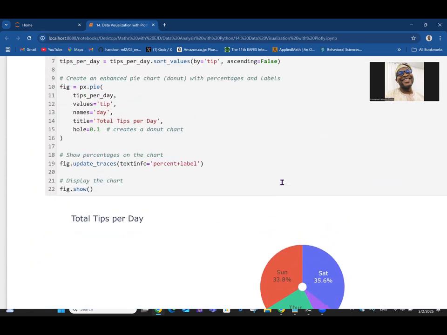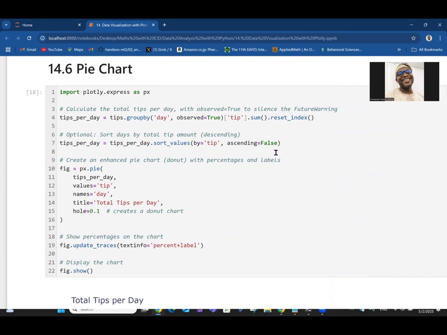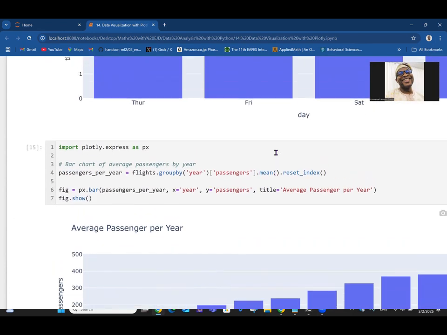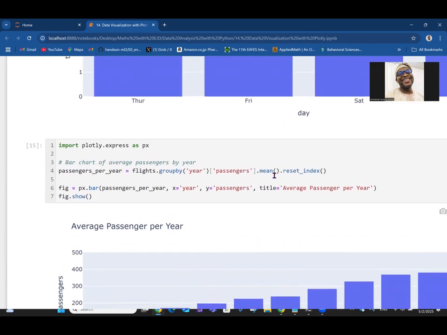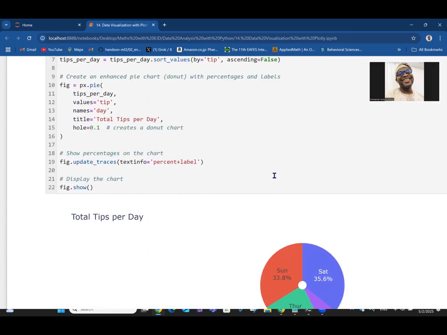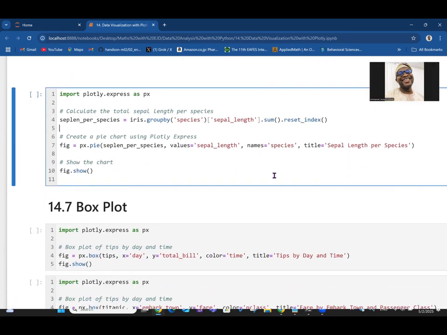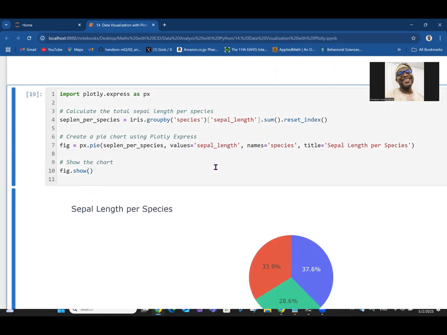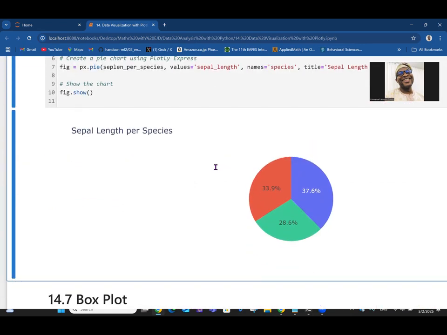When we needed average, we did mean, right? Don't forget, so it's sum here. I think, yeah, we did mean there. So if you want mean, average, you do mean. If you want total, you do sum. So here we're doing sum. And then following the same kind of thing, we have the sepal length. So you see that, okay,